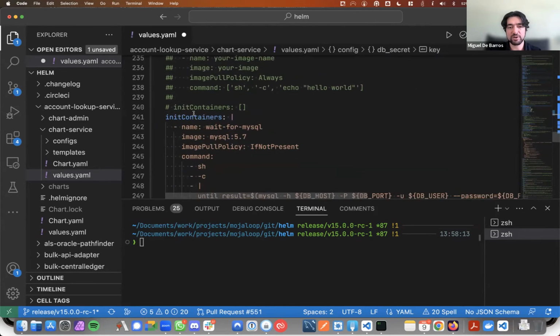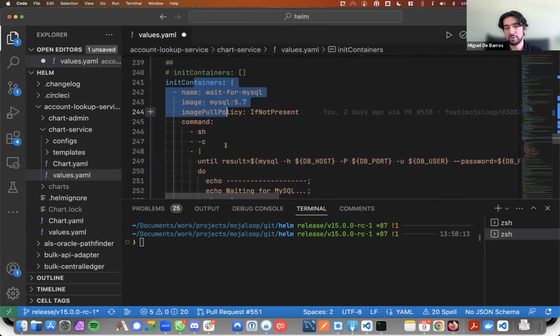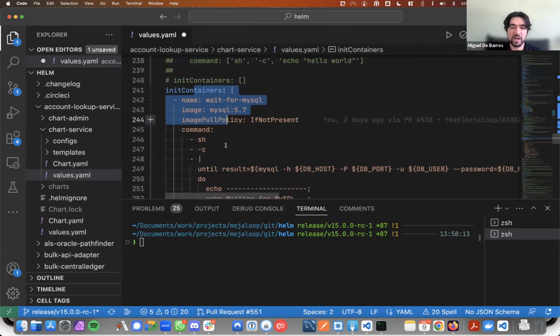We also have a standardization of the init containers. Previously, all the charts did init containers in a different way. We now have a standard way of doing it, and it's consistent. We're using the same init containers and the same definitions. So if we need an init container to wait for a MySQL dependency, it's the same one everywhere throughout our